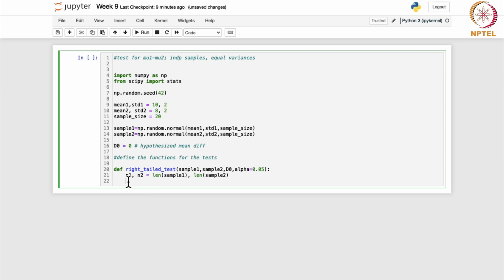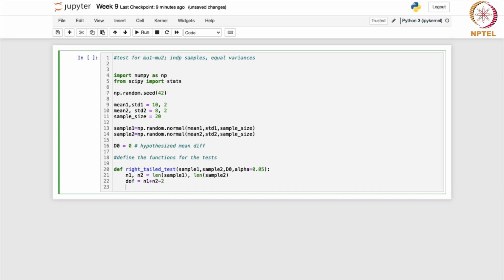So degree of freedom, if you remember, it is n1 plus n2 minus 2, right? So DOF is n1 plus n2 minus 2, and since we have equal variances, we are going to deal with the pooled standard deviation. So let me write the command for that. np dot sqrt, because it is not the variance, I am just writing the standard deviation, so I am mentioning the square root function. So np dot sqrt, and here it would be n1 minus 1